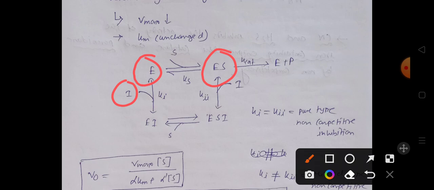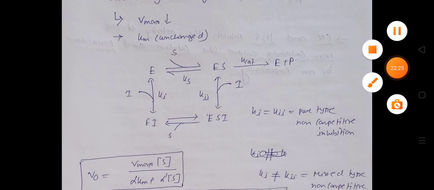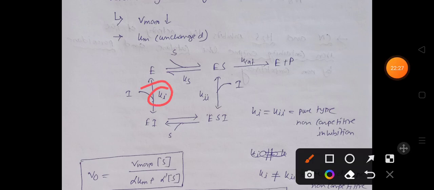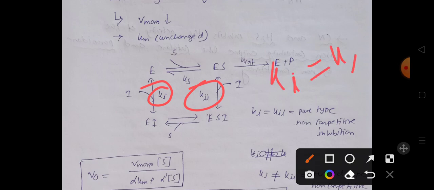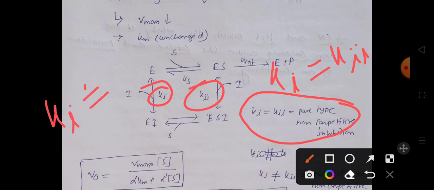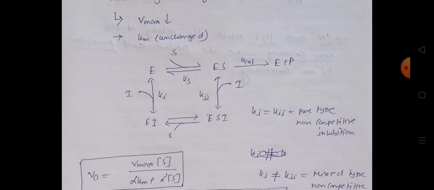Okay, here the dissociation constants K1 and K2 are going to be very important. Okay, because if K1 and K2 are of the same value, we will call it pure type non-competitive inhibition. But if K1 is not equal to K2, then we will call it mixed type non-competitive inhibition. Okay, so here the Michaelis-Menten equation for